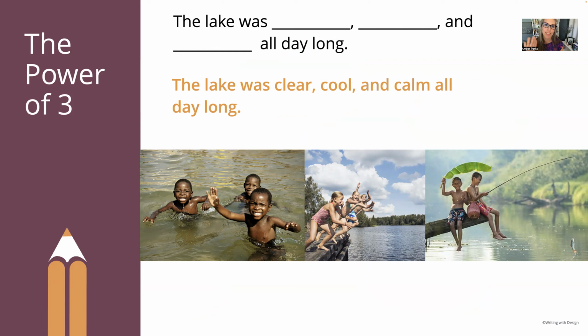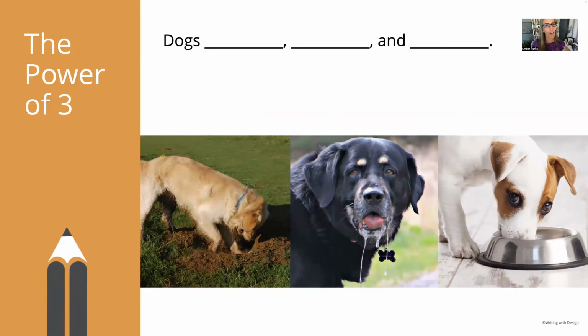It just helps the sentence flow, and it's got this part of rhythm to it that just makes our ears perk up. It makes our brain think a little bit more, and it just helps the writing so much. Now, you don't want to put this in every single sentence that you're writing, but to sprinkle it here and there into your writing is one of the most masterful techniques that writers use. And I guarantee you, now that you know this, you are going to start to see it all over the place when you read, when you listen, when you look at art.